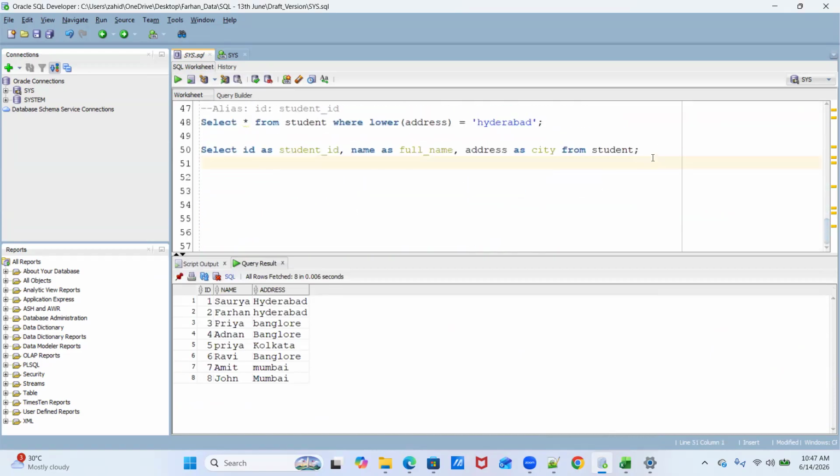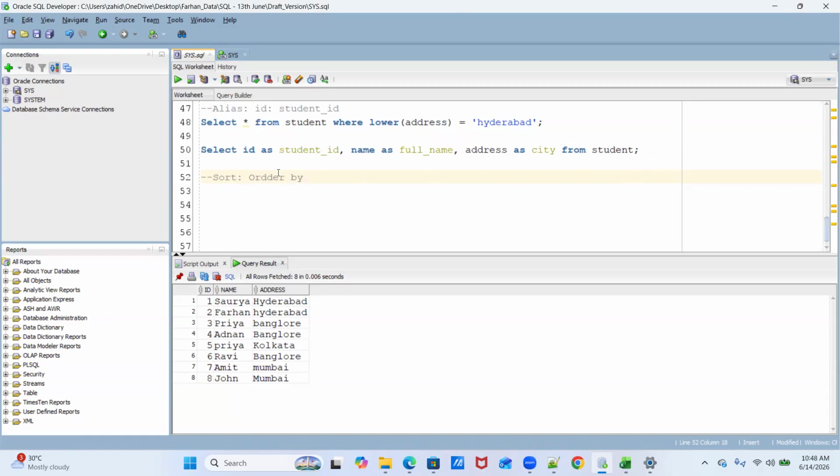Now, you must have heard in Excel as well what people do. People say sort the data in ascending order or sort the data in descending order. So to sort the data, we have a clause called order by in SQL.